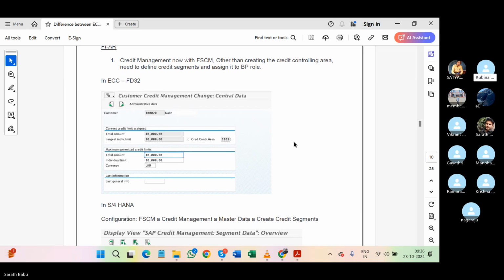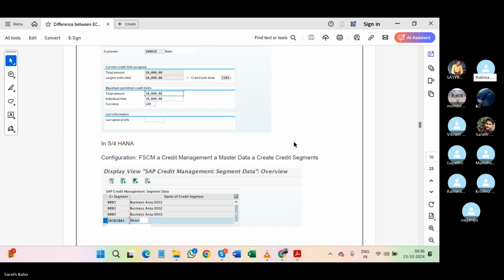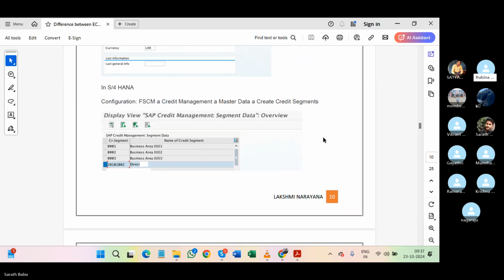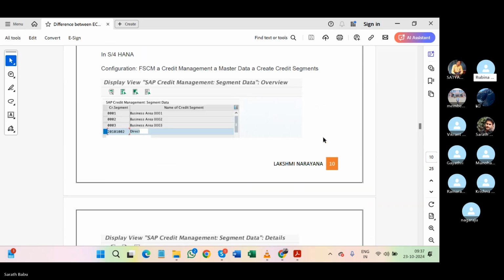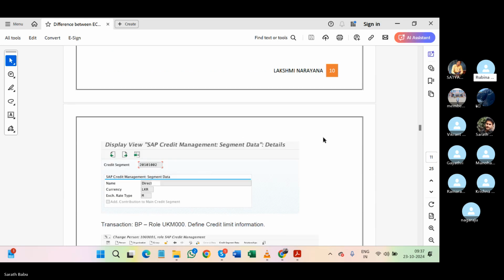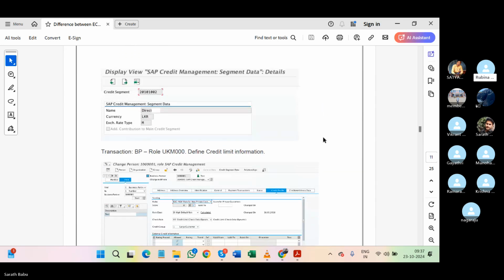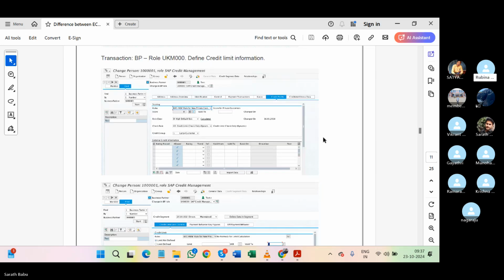And coming to this S4HANA, we will see how. Yeah, in S4HANA, if you go to the T code FSCM, there under credit management we can define business area 1, 2, 3 like that. That is the name of the credit segment, and that credit segment we have to assign here. The T code is replaced, and we have to observe the different screens. And then here